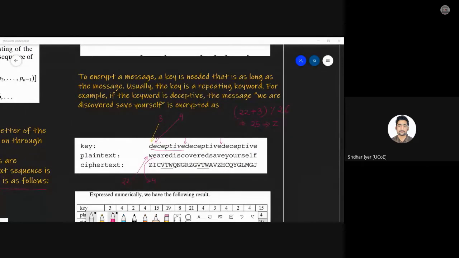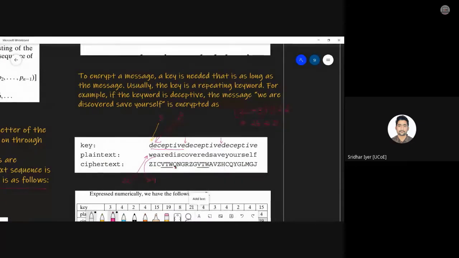Now, again, going back to my question, what is the significance of that key? As you see over here, with every step, the key might change. But in case of Caesar cipher, it has to be the same throughout the entire plain text. Am I making any sense? For example, if I select a key of size 3 or a key of size 4, I have to encrypt the entire plain text with the same key.